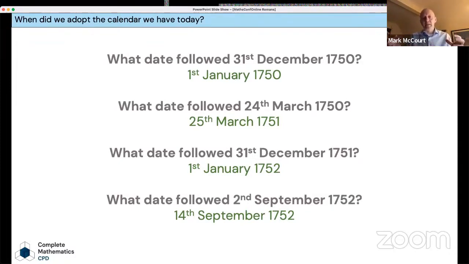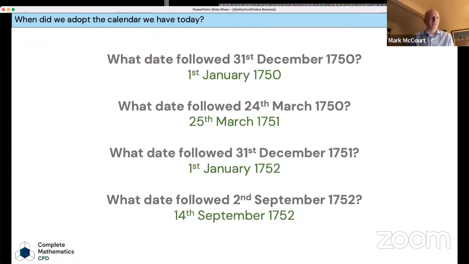And making up these days here is why, for example, the 25th of March used to be the first day of the year. So that used to be New Year's Day, 25th of March. And this gap that we have, if you think when the tax year begins at the moment, the 6th of April, that gap is introduced by these missing days here. That's what's going on. So the 6th of April is the old 25th of March, which was the old first day of the year, and that's when the tax year was beginning.